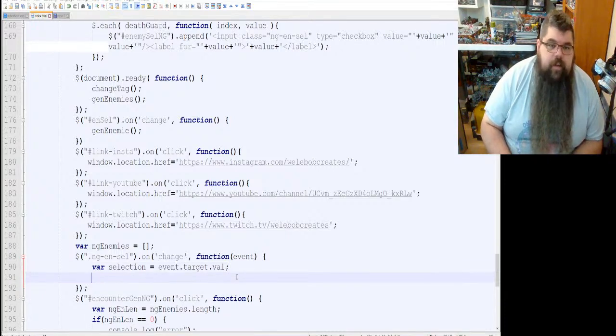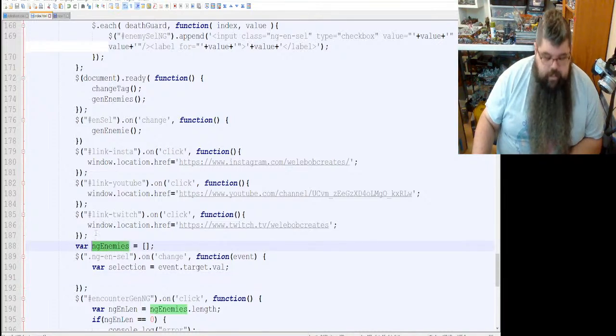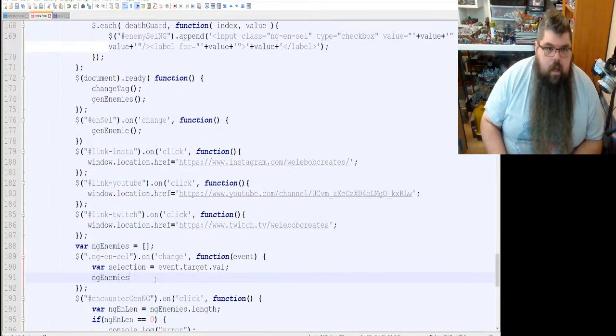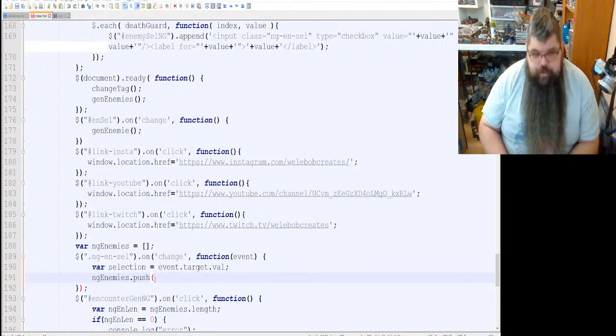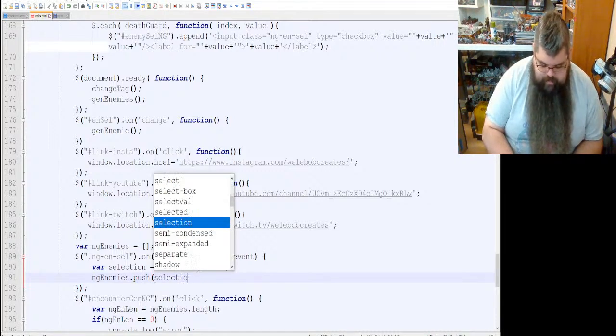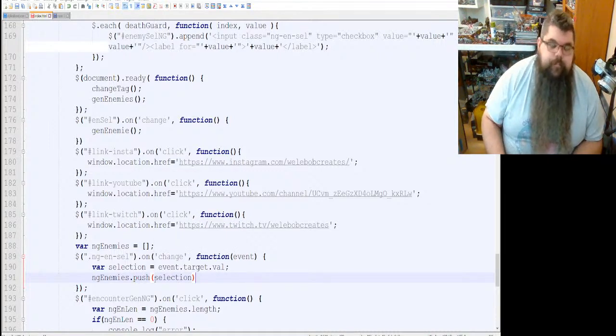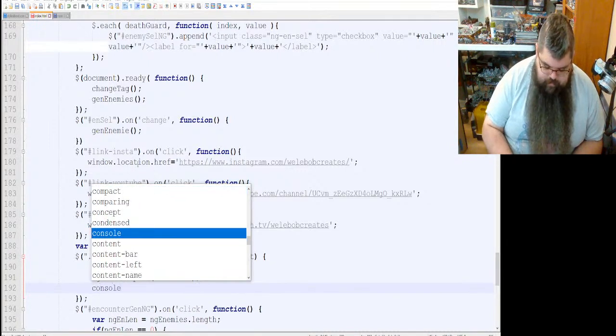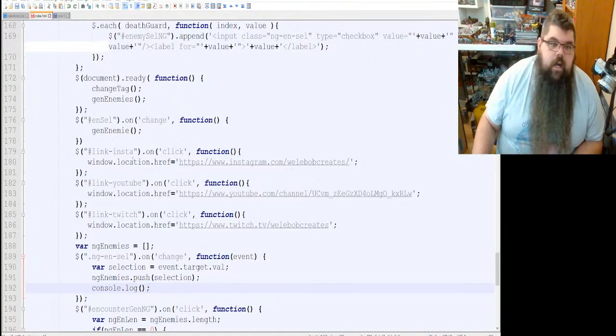So we're going to use that for now and see if it works. And then we're going to open up our array here, ng enemies, and we're going to push selection into it. Okay, and then just so we can see it working, for now we're going to console log ng enemies.